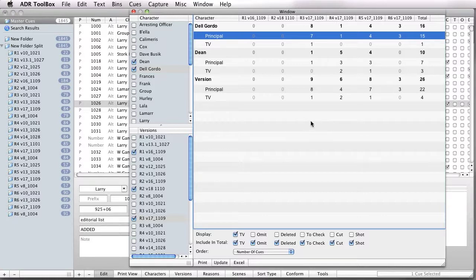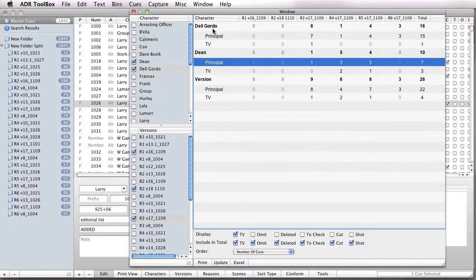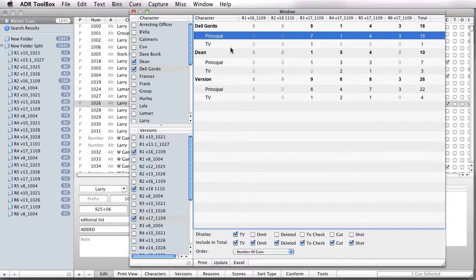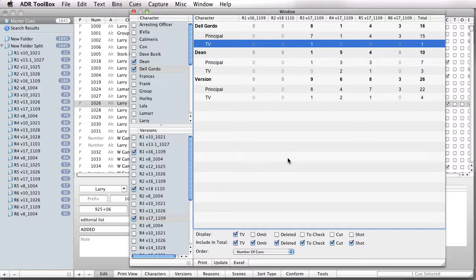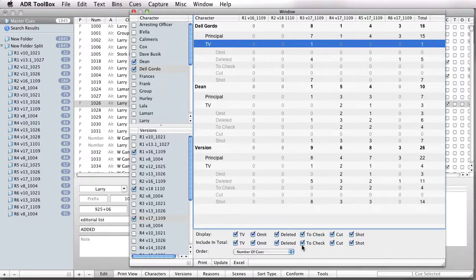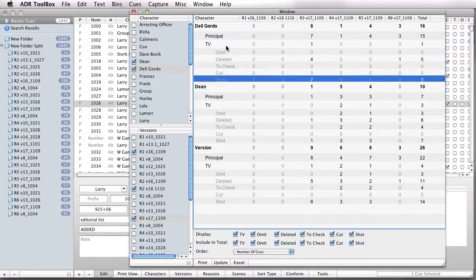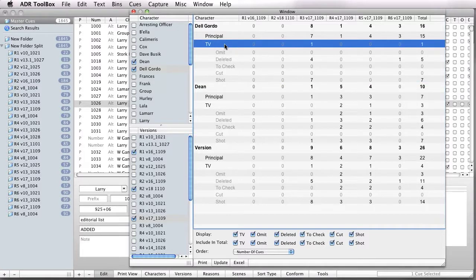So, just a quick explanation. This main line up here is the sum total of the principal and the TV line. If you choose to not include your omitted, deleted, check, cut, or shot lines, those will be subtracted from either the TV or the principal lines, depending on whichever line these are. So if you've got a couple of TV lines that are omitted, they will not be included in the TV line,